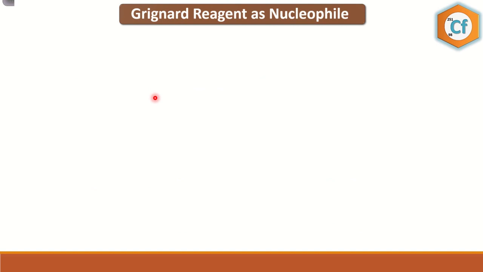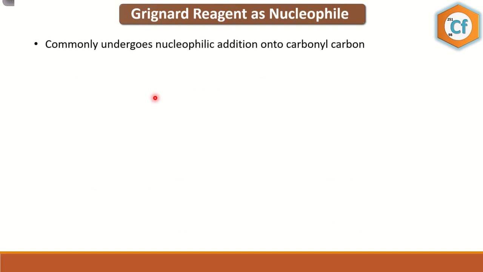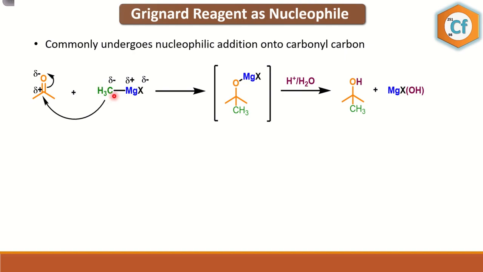Next we have to see how it acts as a nucleophile. So obviously it has a negative charge. So the negative charge can attack on a proton or onto an electrophile. So in this case, we have taken an example of a carbonyl carbon. This is the most important and the most common reaction of Grignard reagent. So here I have taken CH3MgX. Now we know that Mg is more electropositive, less electronegative, so it forcefully releases electrons and gives electrons to the CH3. So CH3 attains a delta negative charge, whereas Mg attains a delta positive charge. Here delta means a little bit of negative charge. The carbon having negative charge then attacks onto this carbonyl carbon. Why?